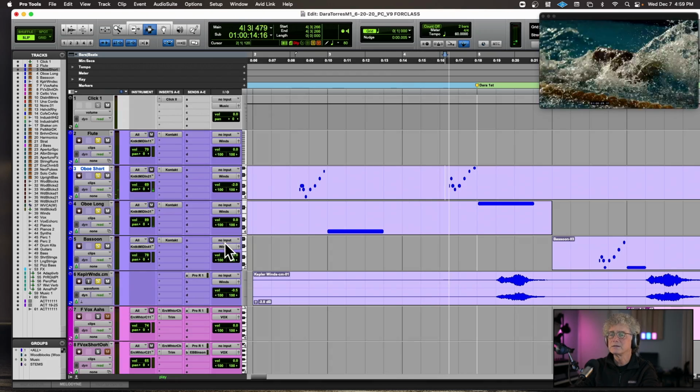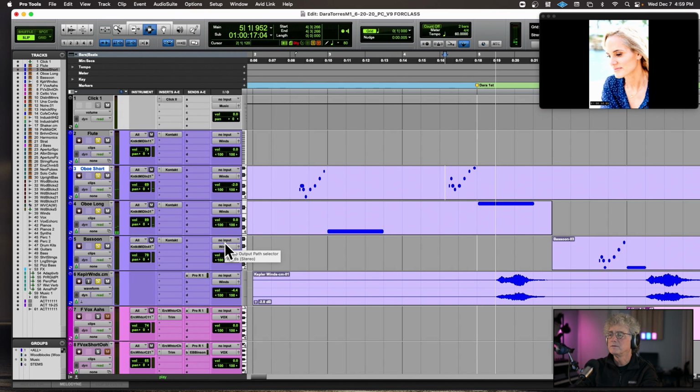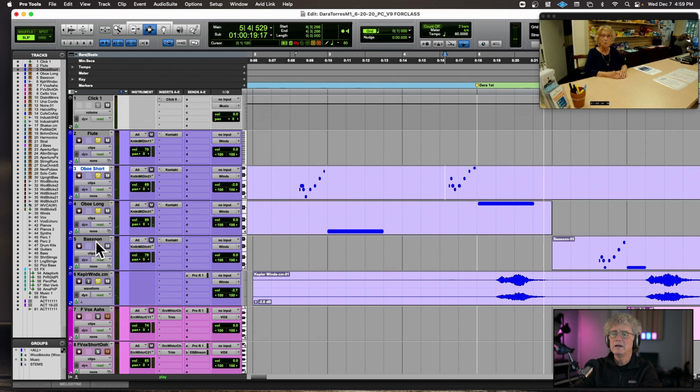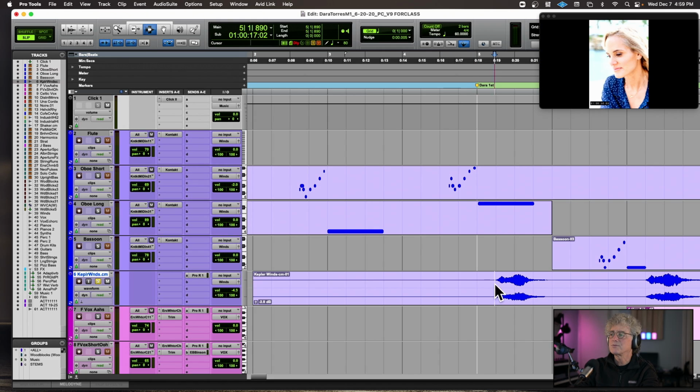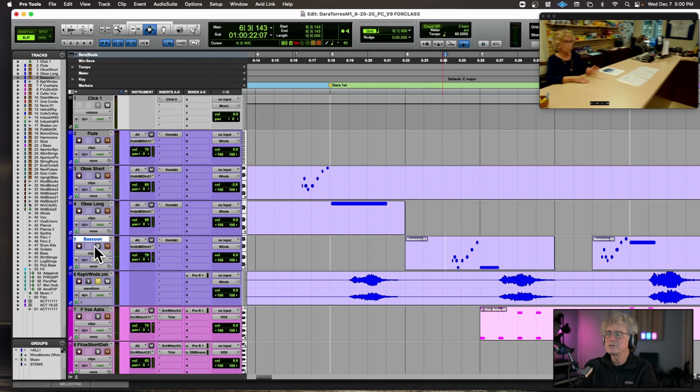Right, and then it repeats. And then there's this, this right here. That's this library called Kepler Winds, and what they've done is they've set up in Kontakt a bunch of scripting, where you can set up multi-rhythms, sort of like systems music, like Steve Reich or Philip Glass, but it's incredibly CPU heavy. And then I transfer that down right to the bassoon.